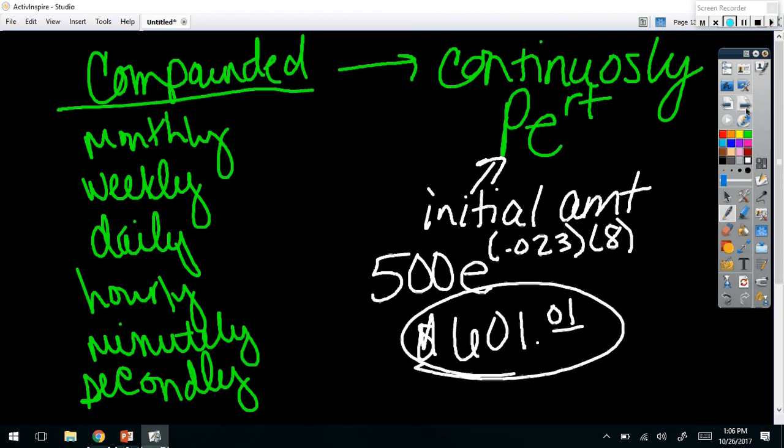Wait, how do you know the difference? The problem will literally say you have $500 deposited into an account. If the interest is compounded continuously, how much do you have? So this is the continuously. But if it says it's compounded quarterly, then you would want to use the other formula. I know quarterly, though. Because you get more money. Right. All right. You get like more